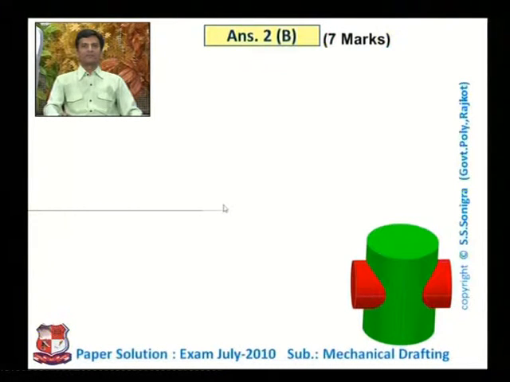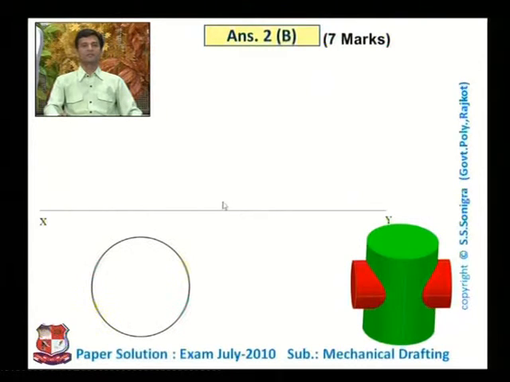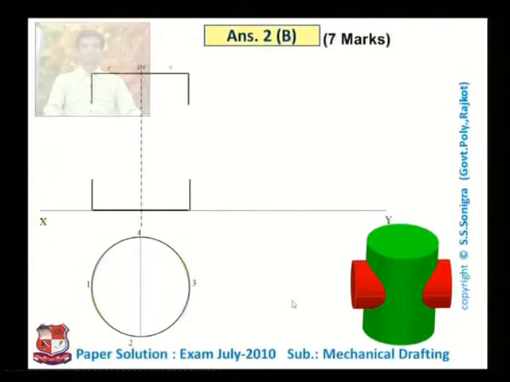So let me start drawing. First draw the XY line, which represents the intersection of the horizontal plane and vertical plane. Draw a circle below the XY line, because the top view of this green colored cylinder would be a circle having diameter 50 mm. Draw its axes, vertical axis and horizontal axis. Name the endpoints 1, 2, 3 and 4, and draw the axis of the cylinder, the vertical axis. Height is given to us, that is